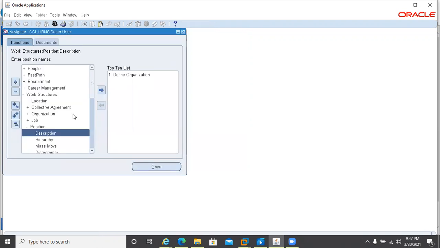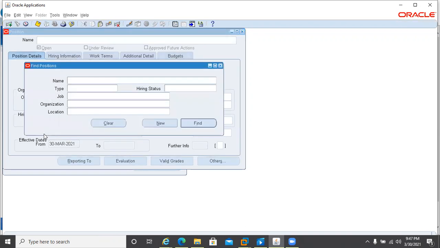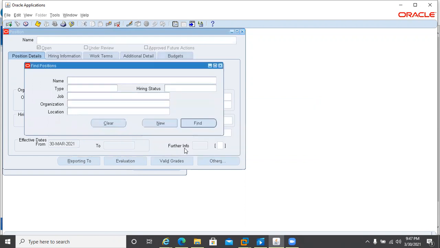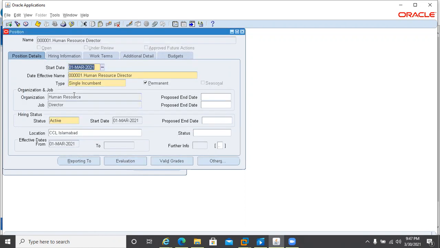The second one was the Human Resource Directory, sir. 5001. Okay. Yeah, one is this position and the second one is this position.